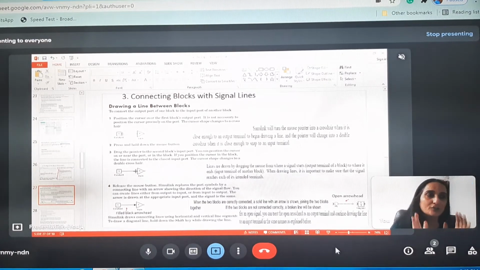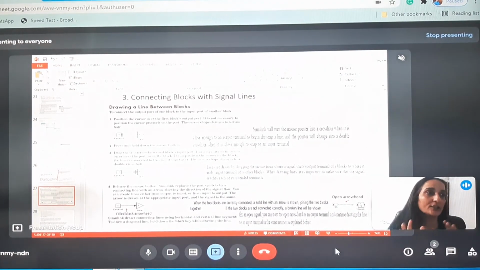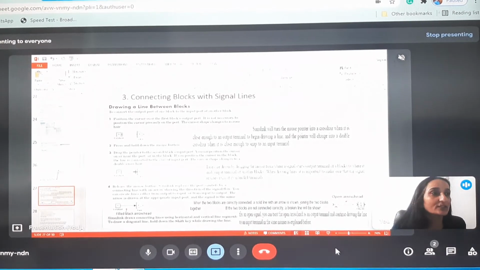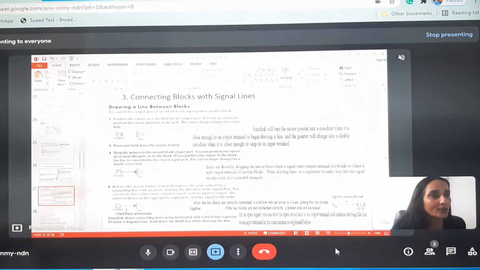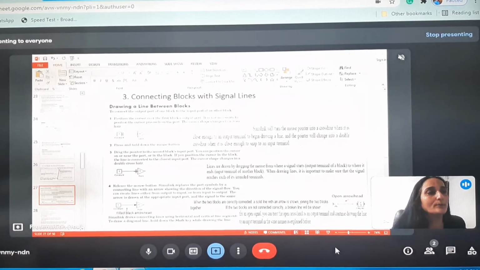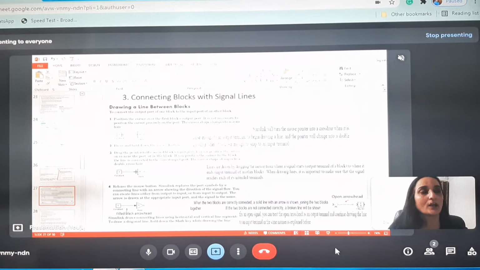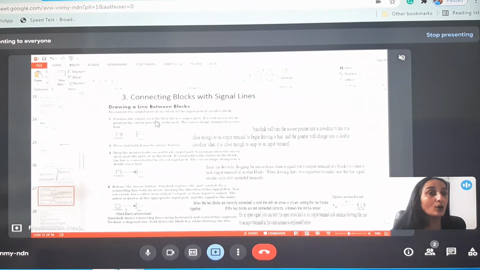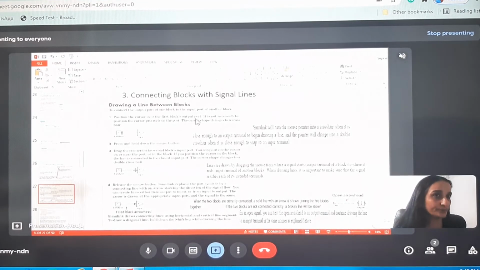Now, after dragging and dropping the blocks into the model window, we need to connect these blocks with signal lines. How to draw a line between blocks? To connect the output port of one block to the input port of another block, first position the mouse cursor over the source block's output port.